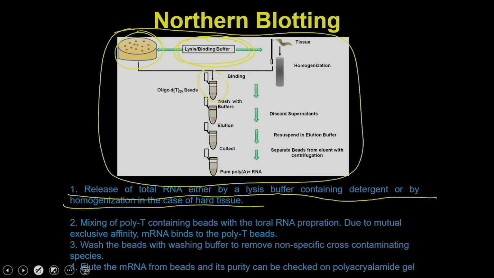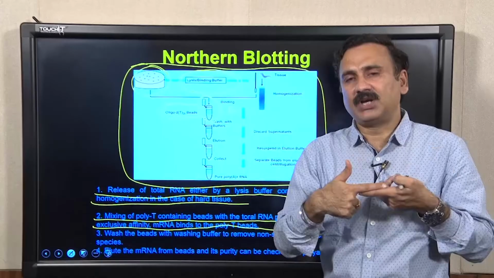So, once you have got the cell lysate, what you are going to do is incubate the cell lysate with oligo dT beads. So, the mixing of the poly T containing beads with the total RNA preparation, due to the mutual exclusive affinity, the messenger RNA binds to the poly T beads. So, in this step, the messenger RNA having a poly A tail is going to bind to all those beads which contain the poly T tail,